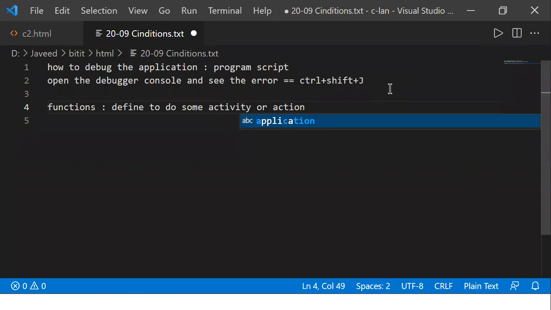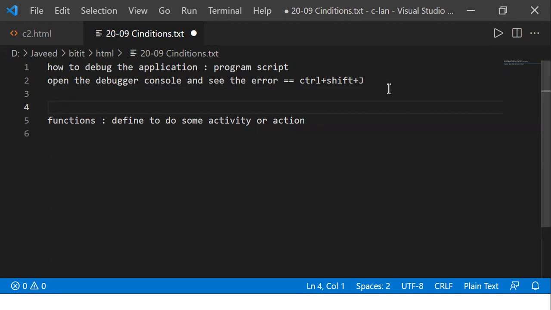Now you may ask me a question, why is it necessary for me to define a function? No, it's not necessary, but defining functions will help you to do things in a much better way. You can avoid writing the same code again and again. Using the function concept helps me avoid repetition, that means writing the same code again and again.